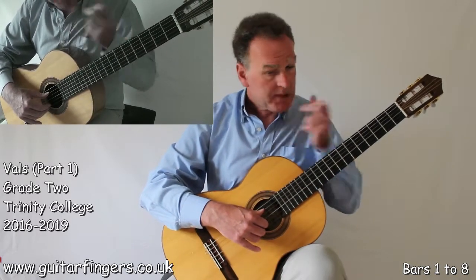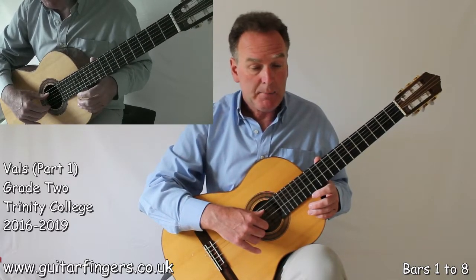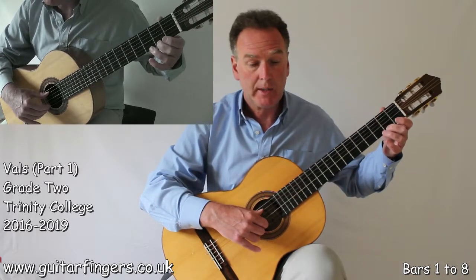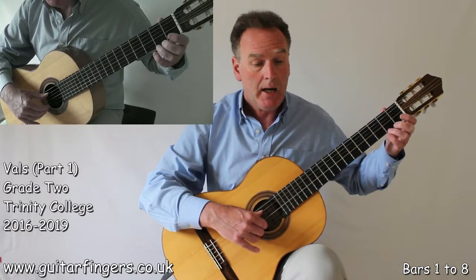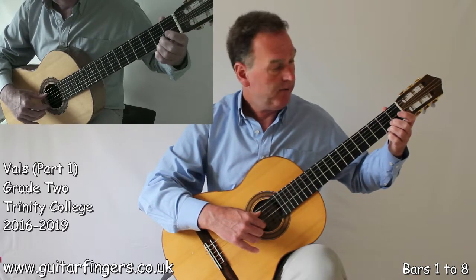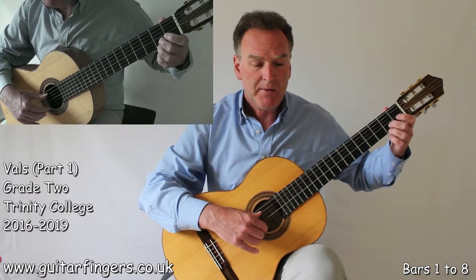An interesting feature here is that we're playing across the strings all the time really. This is what we're doing. We start off with a little motif, and I'm going to use the fingerings here: finger 3 for F sharp and finger 2 for my C sharp, but I'm going to slightly change